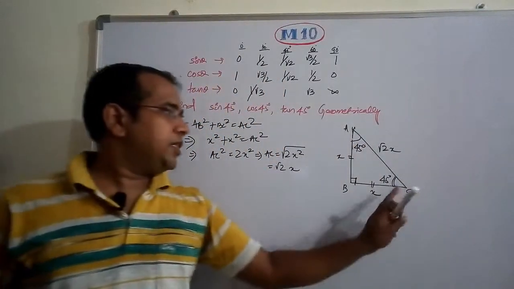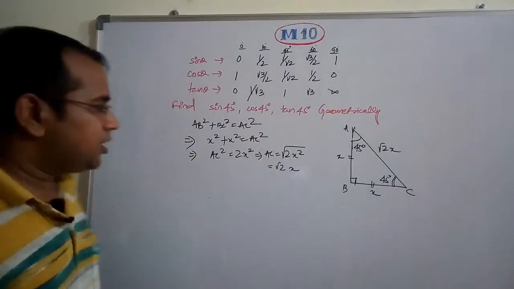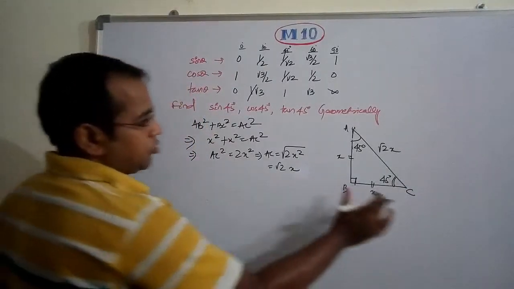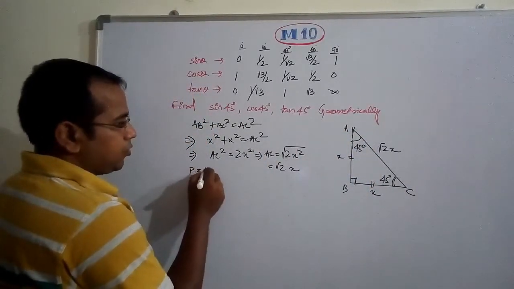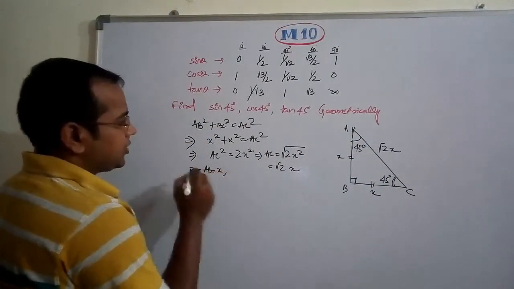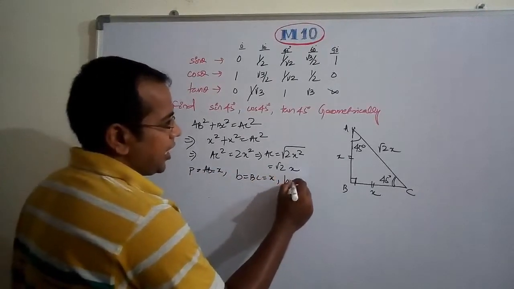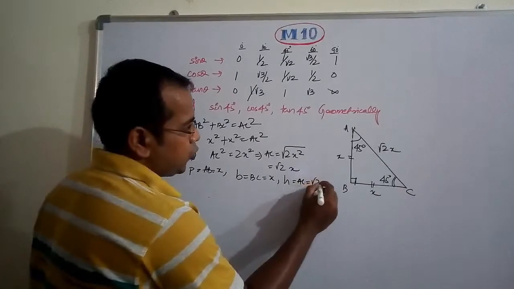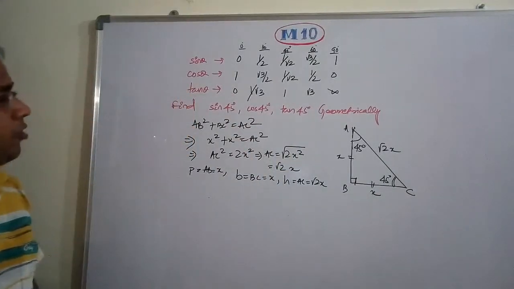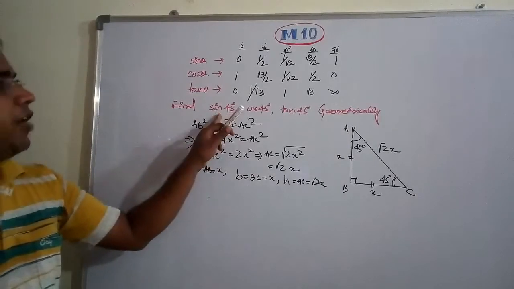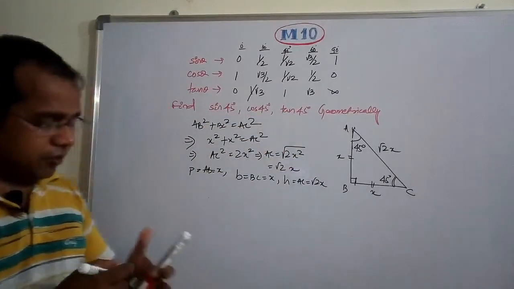Okay, we have considered here the angle 45 degrees. If we consider this angle 45 degrees, this should be your base and this is the perpendicular. So right here P equals AB, that is equal to x, base equals BC, that is equal to x, and hypotenuse equals AC, that is root 2 x. You have got the values. What we need to find out? We need to find out sin 45, cos 45 and tan 45 here. Now let us put these values.